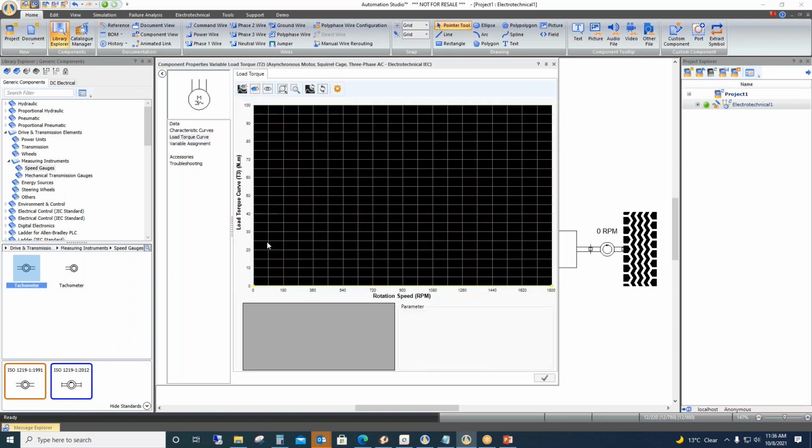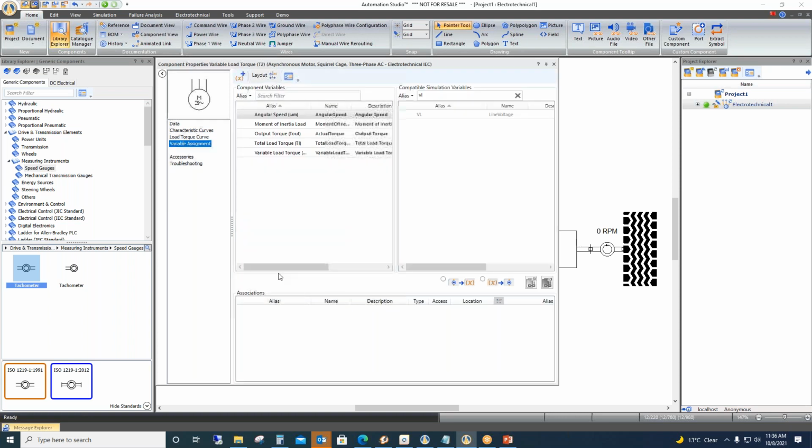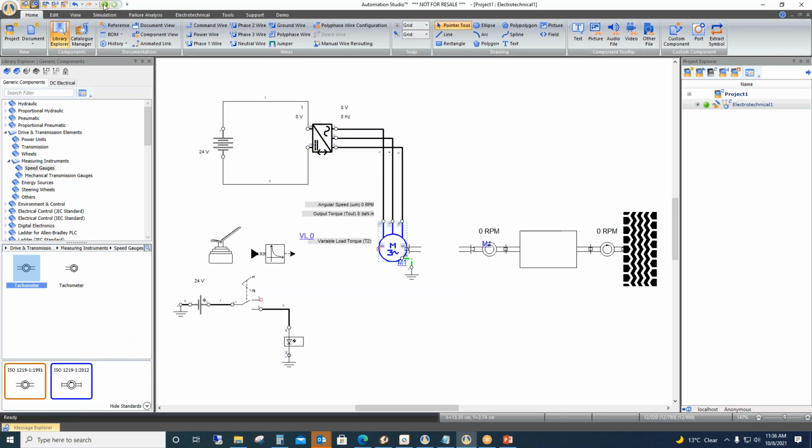With respect to speed, you can define the load torque curve, or if you run the simulation and click on the motor, you can change dynamically the load torque of the motor. So Shraddha, can you just run the simulation for the motor, remove that jump, the mechanical jump.